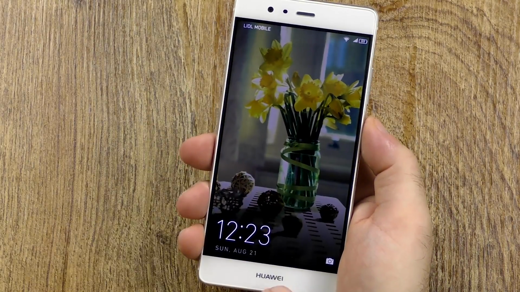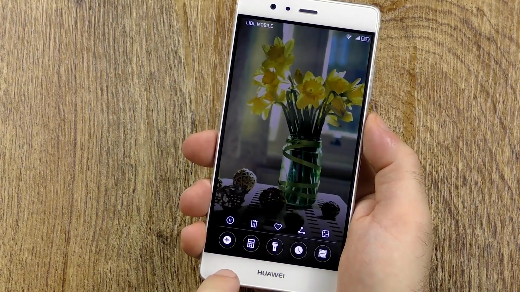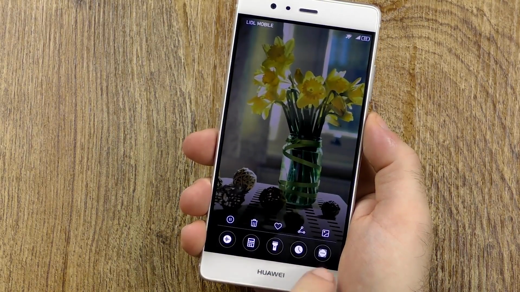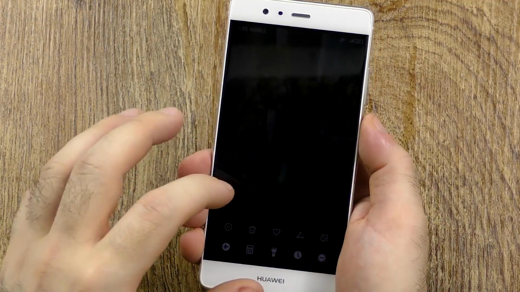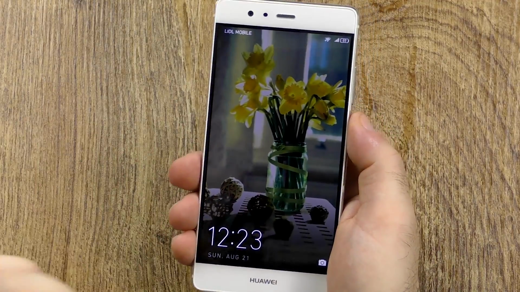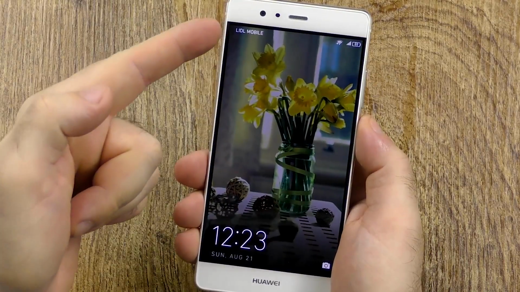The first thing that I've noticed is on the lock screen you still have the old menu, but it looks a little bit different now with the shortcuts that we had before. A little bit different, but it still is the same. I personally don't think I will use it all that much, but there is one big annoyance here, and I hope they will actually fix this, because as you can see here, it doesn't look like I would have any